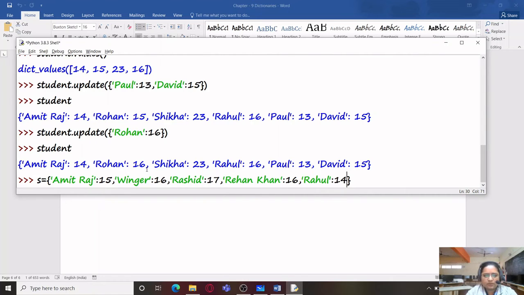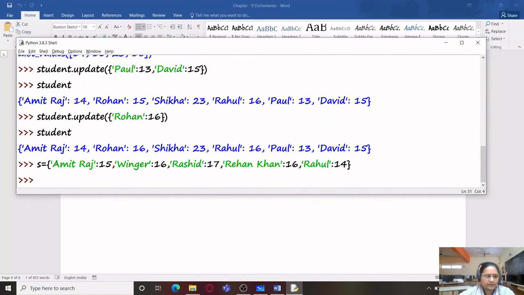You can see over here that we already have Amit Raj and Rahul. These two keys already exist in the dictionary student, but the others, Binger, Rashid, and Rehan Khan, are keys which don't exist in the student dictionary. So these new keys are going to be added to the dictionary, and the values for the two keys, Amit Raj and Rahul, will just be updated in the student dictionary.